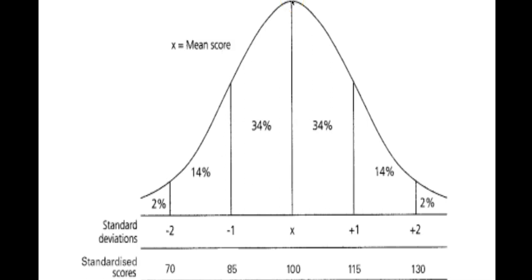So the middle score, the mathematical average score, and the most common score are all the same number. So if you go out by standard deviations, 68%, 34% plus 34%, will fall between -1 and +1 standard deviations